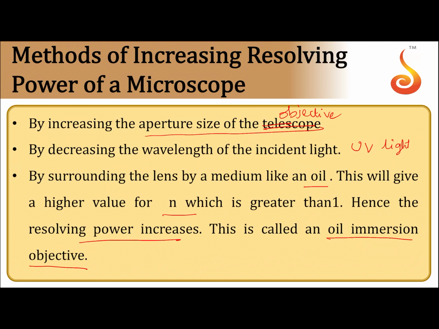Then another thing you can notice: for decreasing the wavelength of the wave that you are using, if you use an accelerated electron beam, their wavelength will be about 10 to the power 4 times smaller than that of normal visible light. In that case, the resolving power increases by 10 power 4 times. Generally an electron microscope makes use of such an electron beam, where the wave nature of the electron is used, and it has a resolving power about 50,000 times greater than that of a normal light microscope. What we call a light microscope is one in which a light wave is used.